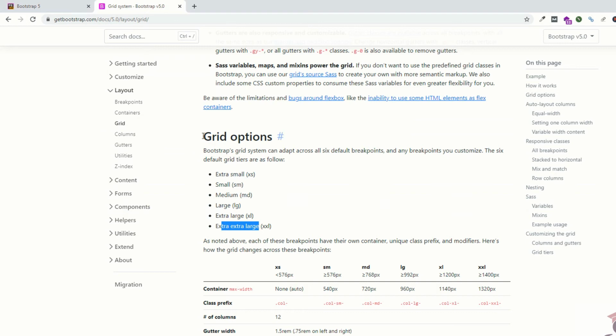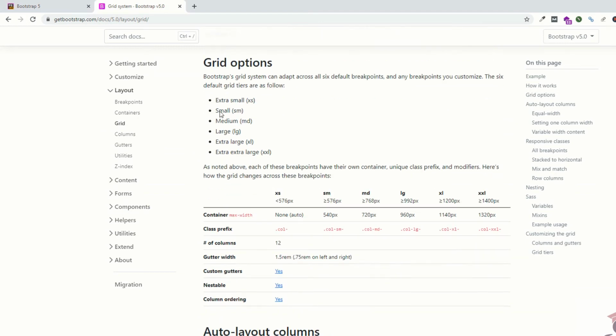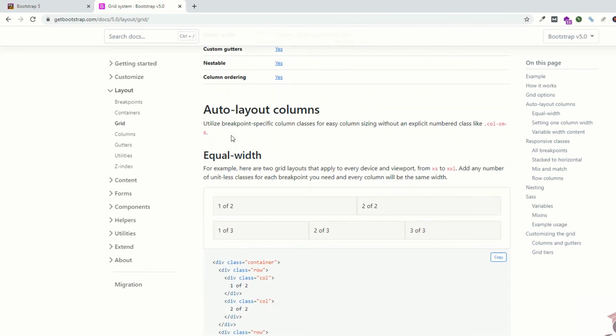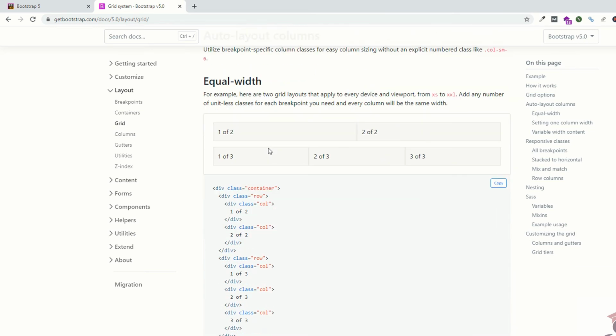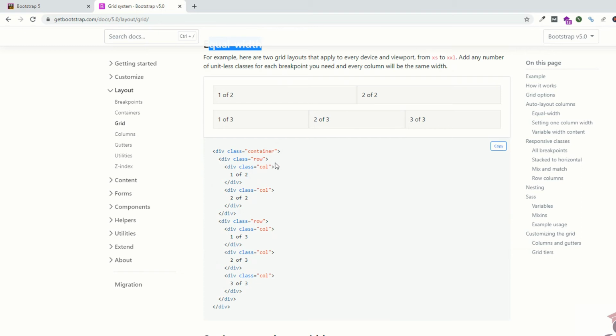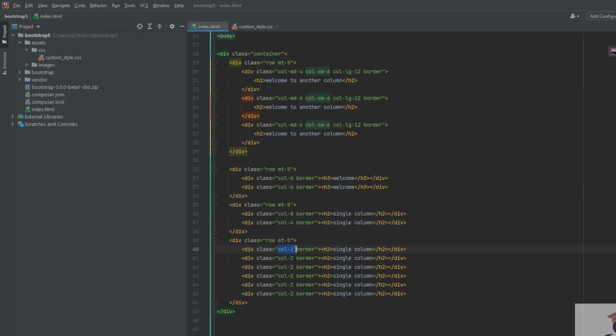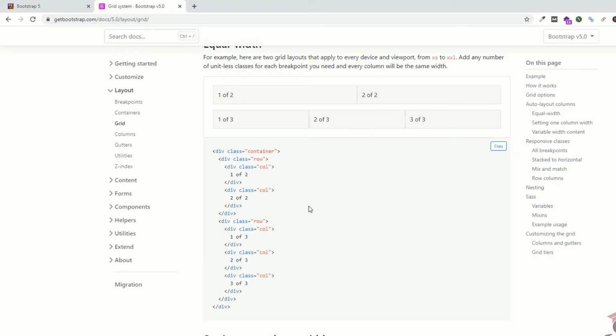So go to the grid system. As you can see, we have discussed the small, medium, large classes. So now as you can see, auto layout columns. So equal columns, they are using col for equal columns. Since we are using the col-2, why? Because we are saying divide into two columns for every device. For equal columns, now as you can see, if you use the 2, it's automatically